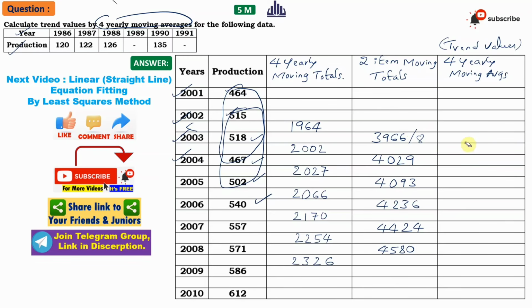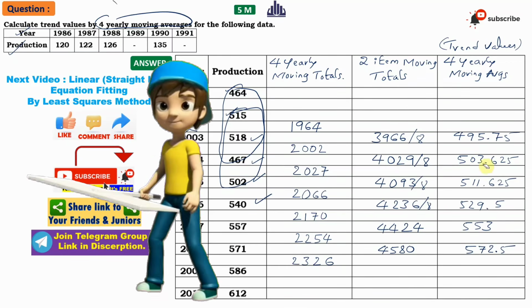So 3966 divided by 8, when we perform, we are going to get 495.75. Next, again 4029 divided by 8, it is 503.625. Similarly, when we divide all these values by 8, we are going to get